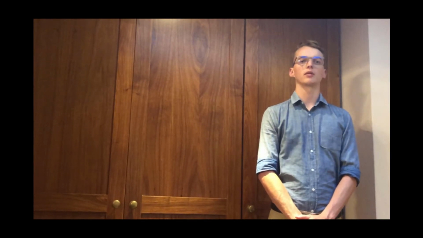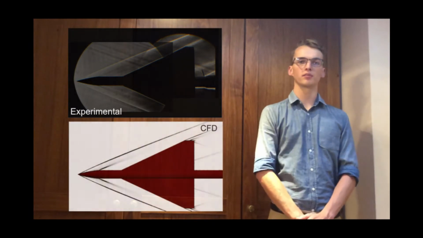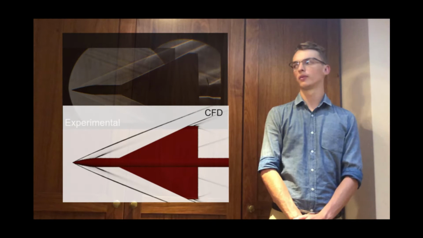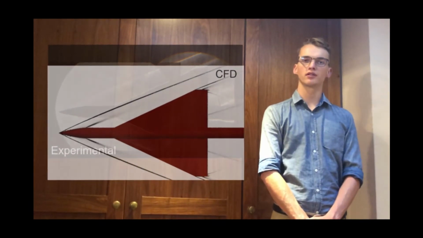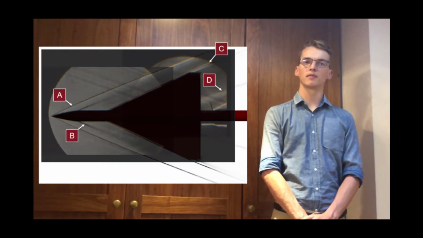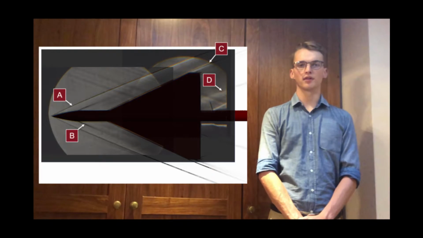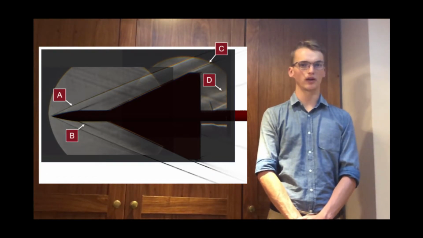More information can be obtained when comparing the experimental and computational results for the plan view of the aircraft. Comparing the images becomes easier when you put them together. The CFD and experimental results can be seen to be remarkably similar, with the lines of density gradient in the two images coinciding. Some flow features of note are A, the bow shockwave coming off the nose of the aircraft,